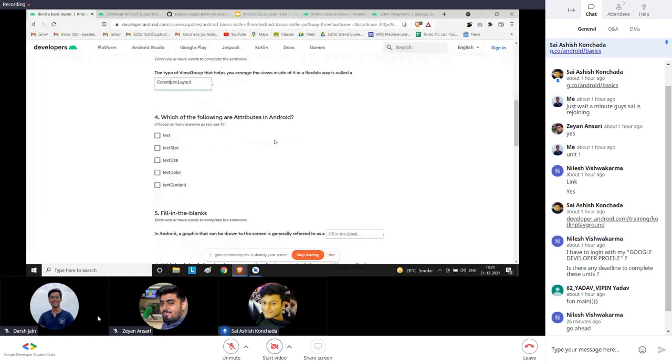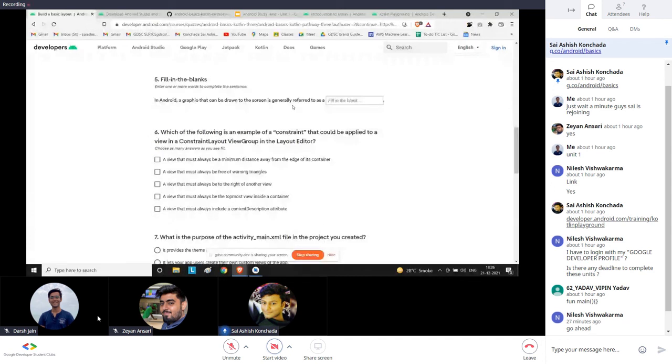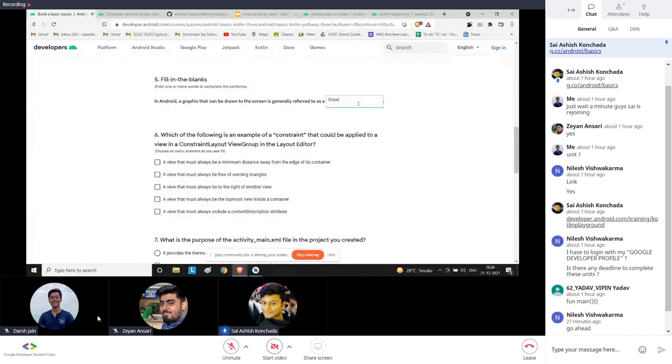Which of the following are attributes? Text: hello world, happy birthday, everything is text. The size which we changed from 14 sp to 36 sp. The text color which is black, blue, and everything. In Android, a graphic that can be drawn on the screen is a drawable. So we imported the cupcake image, that is a drawable.